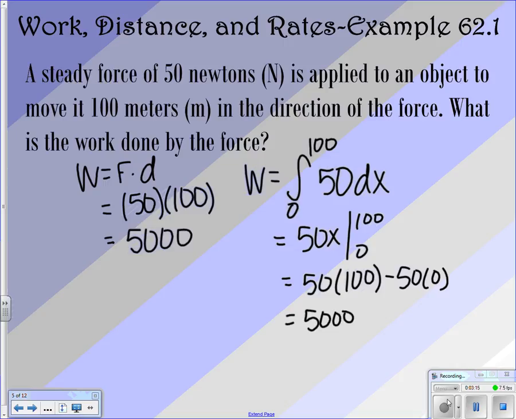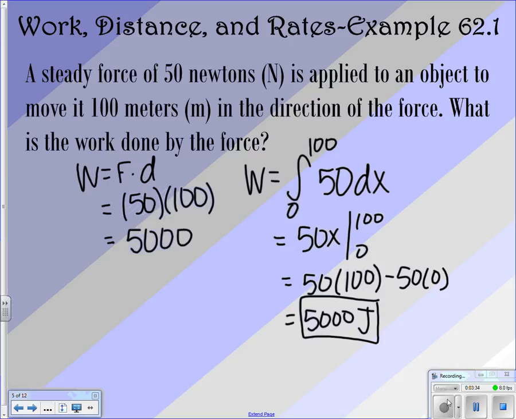Now who remembers what the units on work is? Yes, joules. So our 5,000 joules is going to be our answer. So that's how it relates to the physics formula. It is force times distance, but we're actually going to have to integrate it in order to do some of